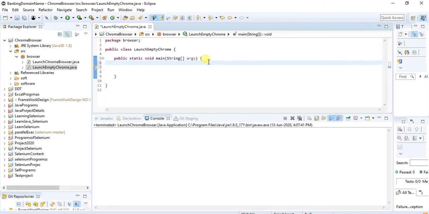So write the script for launching the empty Chrome browser. WebDriver.